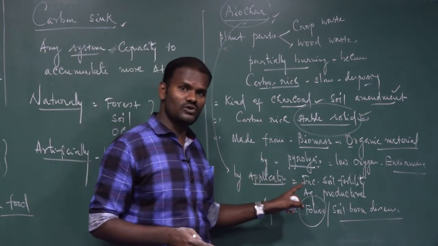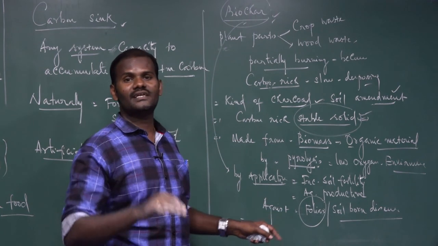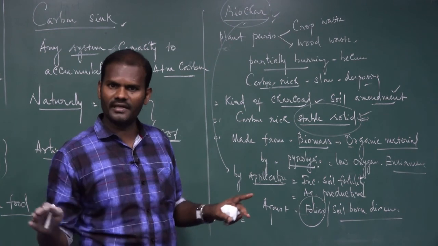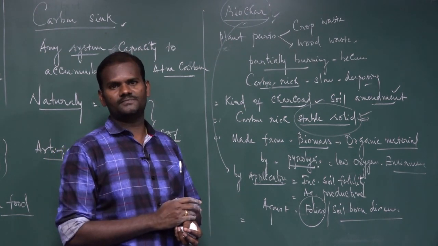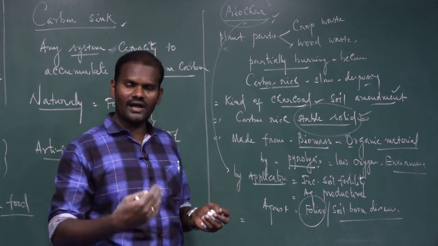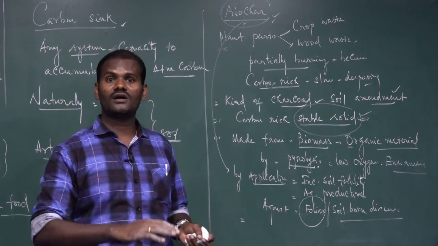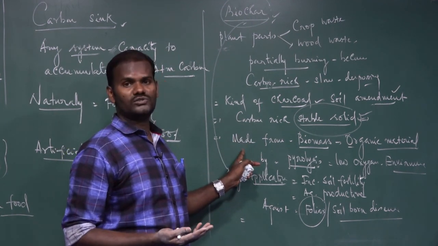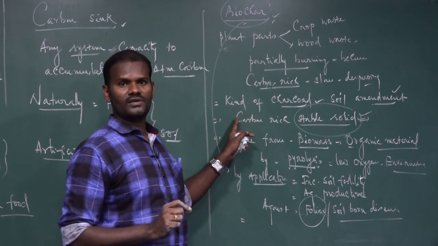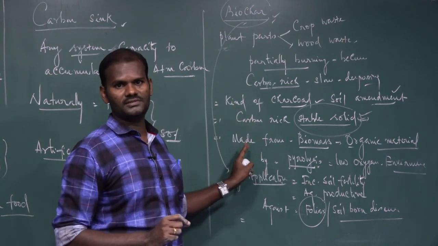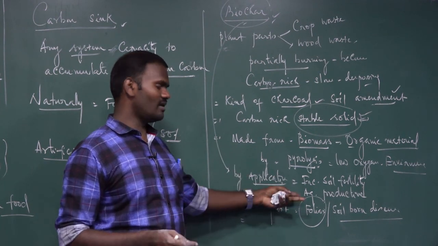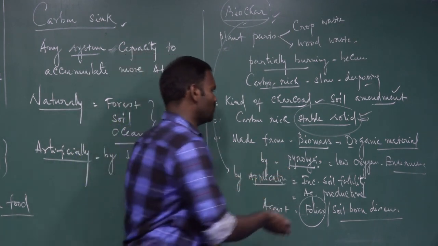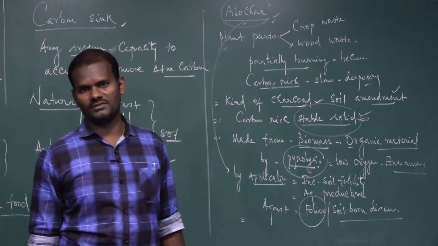We can treat or burn this wood under a low oxygen environment. If you treat it with a low oxygen environment, it does not burn completely. With incomplete burning, they store the carbon. So if you convert it into biochar, automatically these are converted into carbon storage materials. So these are the formations of biochar. Biochar, like charcoal, is one of the long-term methods of carbon storage. It is extensively used in agriculture for a lot of benefits also. It is like charcoal formation, and is also formed by a process called the pyrolysis process.